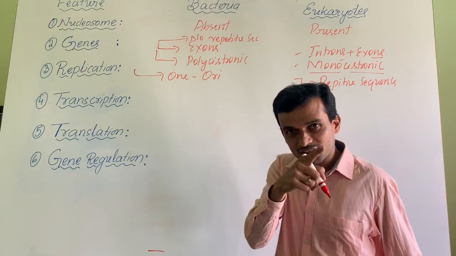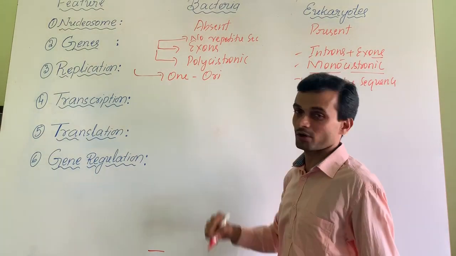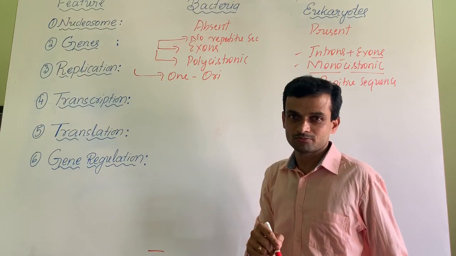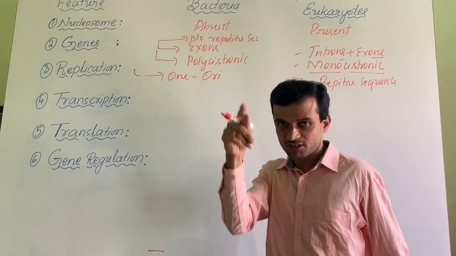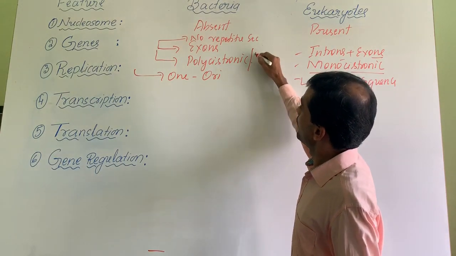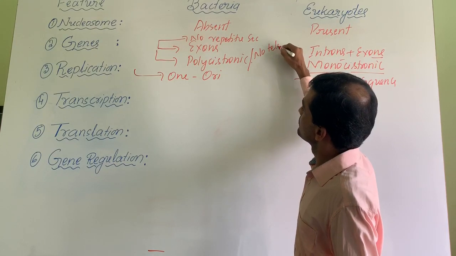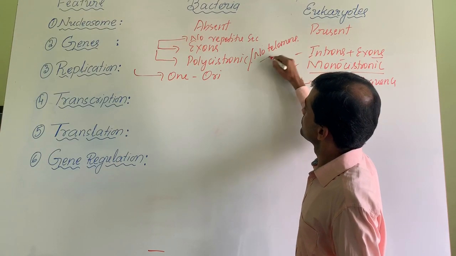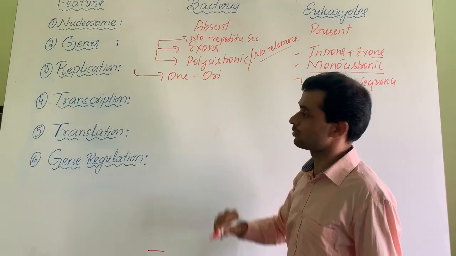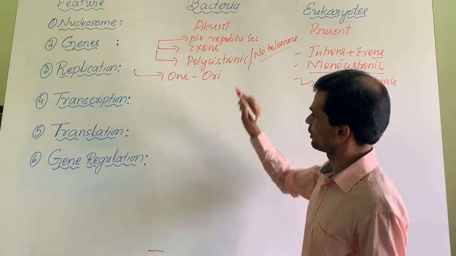Well, nucleoid, right? That nucleoid will have only one ori. I said nucleoid, circular DNA. A bacterium will have only one chromosome. There can be an additional plasmid. But this circular nucleoid will never have any telomere, no telomere. The DNA replication starts from one specific point of the nucleoid or plasmid, that is ori.